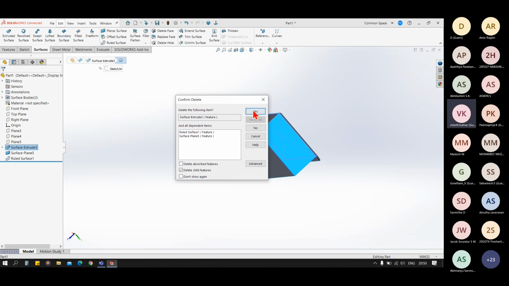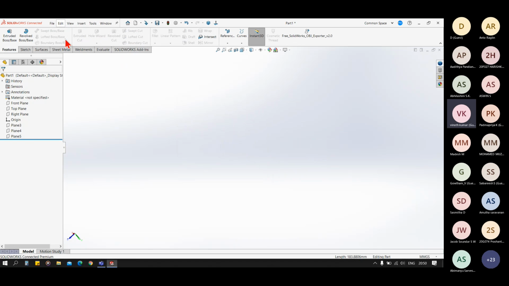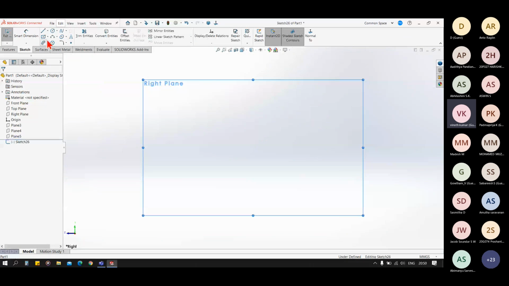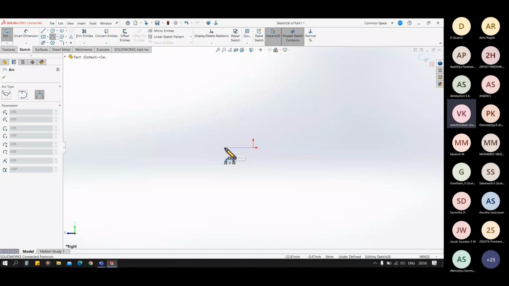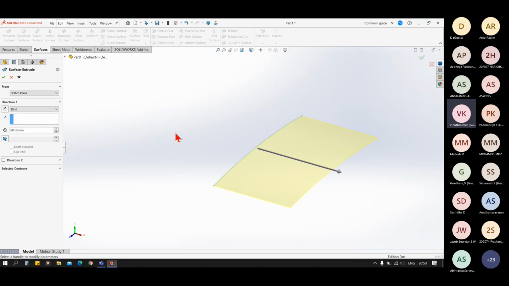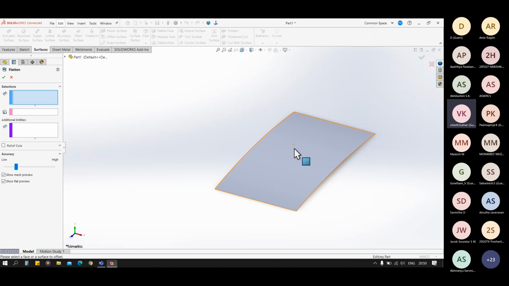To flatten a surface, I need a surface that is not flat actually. So in the surface flatten, I have to select this.